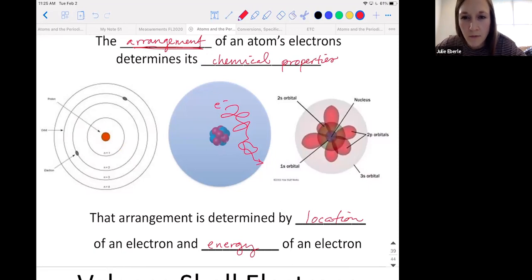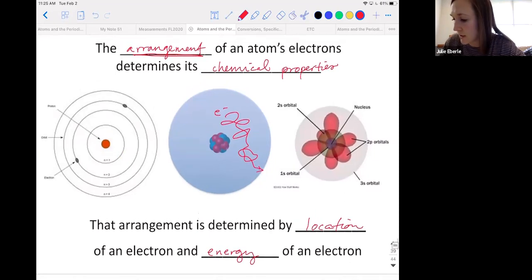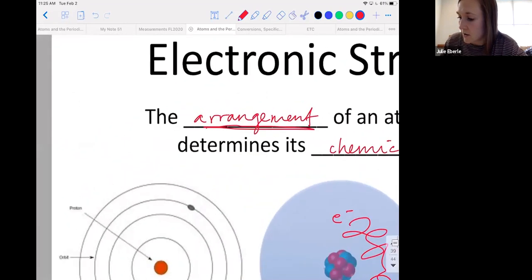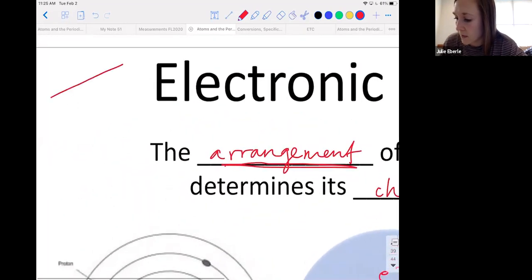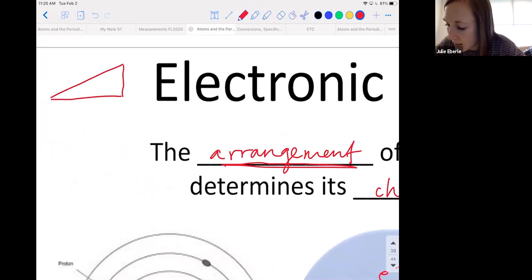Think about the difference with this, a good example. Think about the difference between a ramp and a set of stairs, okay? A ramp and a set of stairs. Let's draw that out real quick. I'm gonna come up here. If we have a ramp, okay, there's my ramp. You can be at any height along the ramp. You can stand at any point and be at any height, right? I could stand down here and I could be at this height, or I could stand up here and I could be at this height. And guess what? I can be at any height in between, depending on where I stand on the ramp.